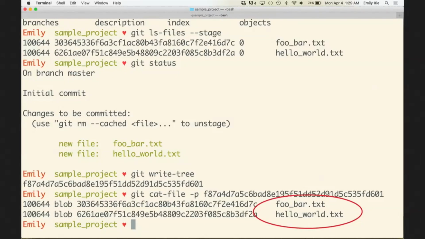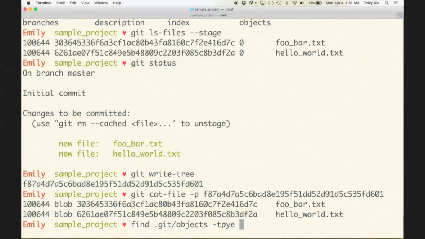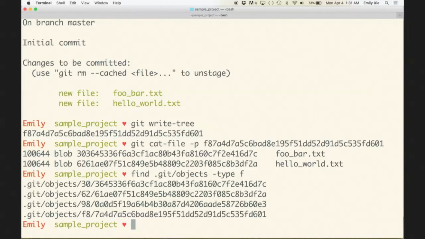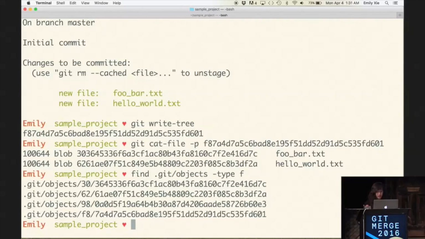And if you were paying close attention, you might notice that this tree object, in fact, looks exactly like the index file that we just looked at, right? And that's absolutely the case, except that unlike the index file, which is meant to be in a constant state of flux because it is your staging area, the tree object is a finalized snapshot, captured and persisted into your Git database. And you can see that this is the case here, because when you list all of your objects, we now have another item in there. So now it's official. We now have a snapshot of our current working directory stored in our Git objects folder,